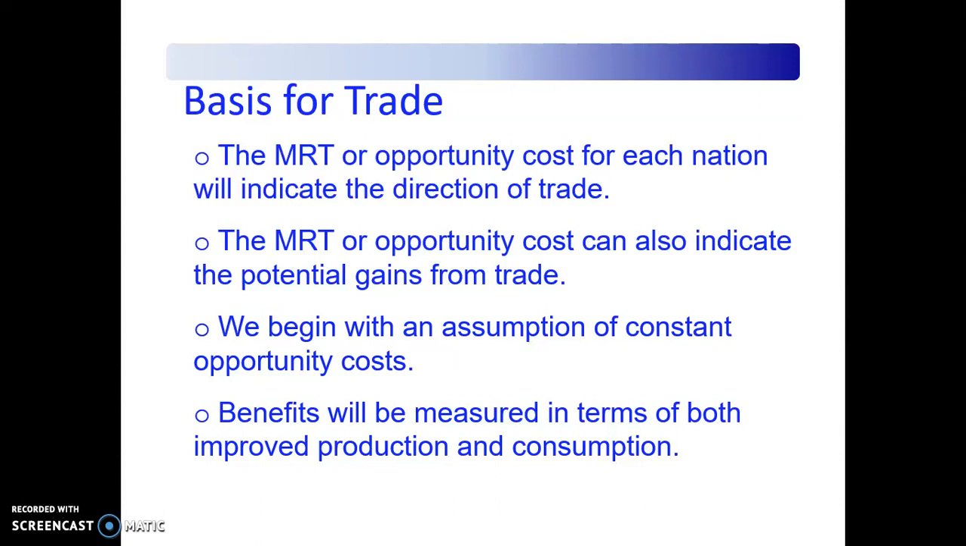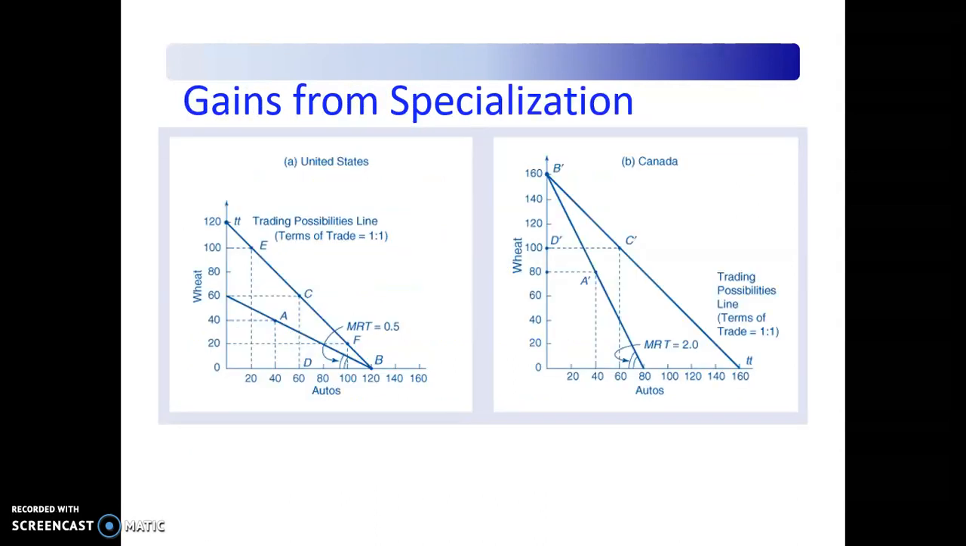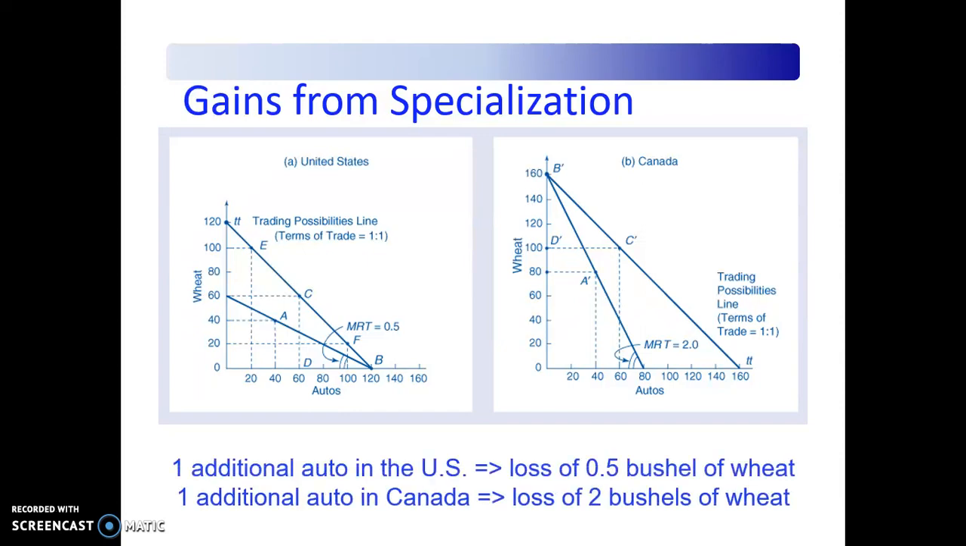To do this analysis, we have to begin to assume that opportunity cost will remain constant and that the benefits will be measured in terms of both improved production and consumption. So it helps both phases. So here we can see the gains if we were to use the comparative advantage theory. So under autarky, we can see that the United States will produce 40 units of wheat and 40 units of autos. Now, when we go to the table right here,